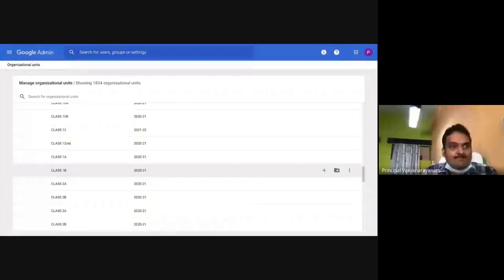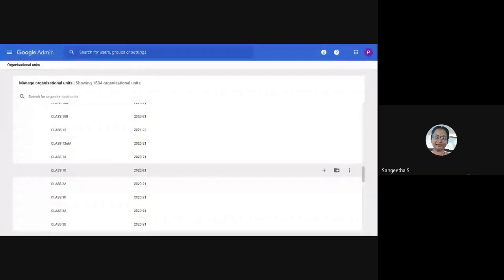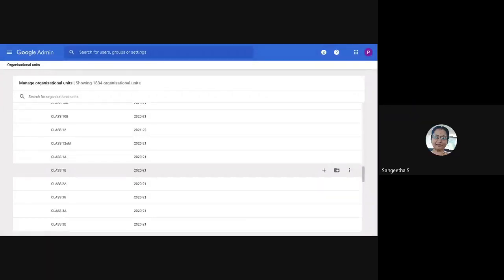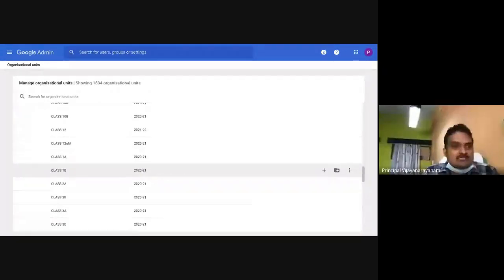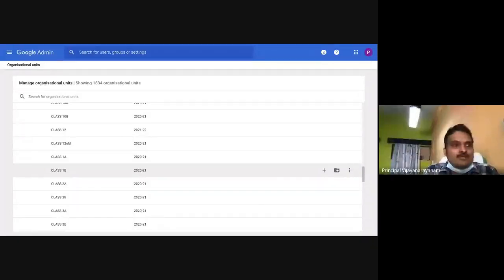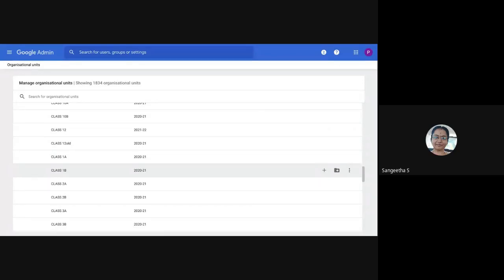Yes, Miss Sangeeta. Sir, regarding deactivating and removing the inactive students, can it be done from the teacher's account or should it be done from the principal's account, sir? I would prefer doing it with the principal's account. All admin activity continue with the principal's account only, so that whenever we are taking statistics, it will be clearly available in one click. If we do it in different accounts, we have to track that, which will become difficult. Okay, sir. Thank you.